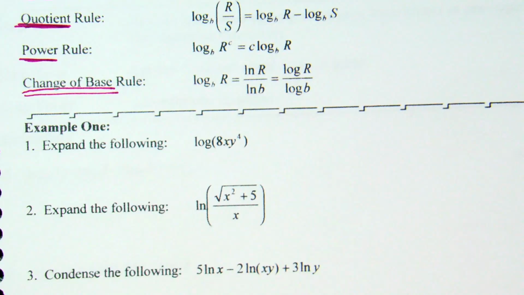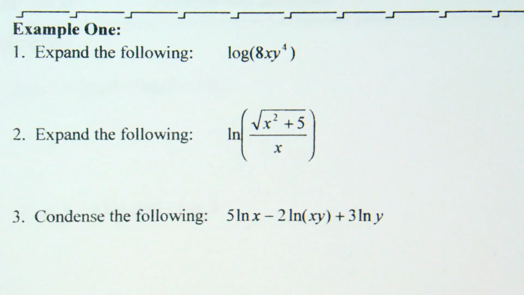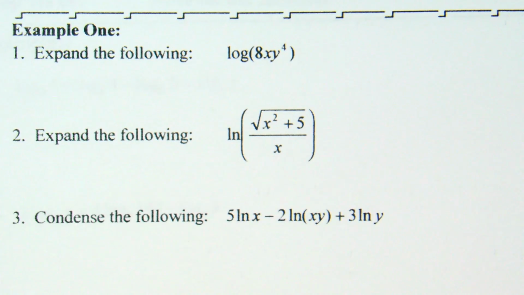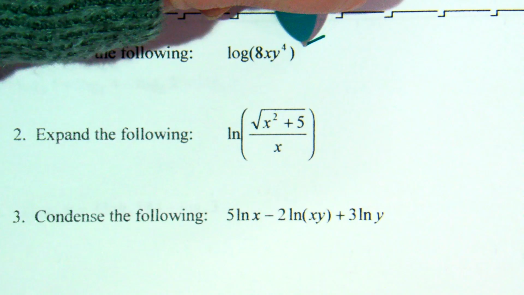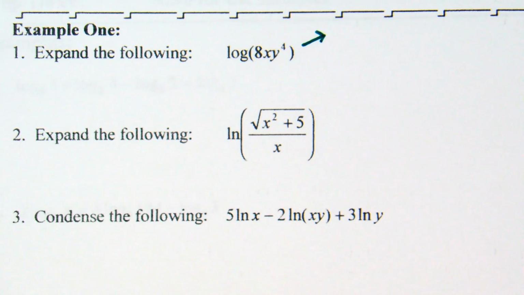Let's look at example 1 and use these properties. The directions on example 1 say expand the following. And the short of it is it's written as 1 log. Let's expand it into separate logs. Okay? So thoughts on the log of 8xy to the 4th of how I can, quote, expand this. What are you thinking? You could separate each of the x, y to the 4th and 8 out with the